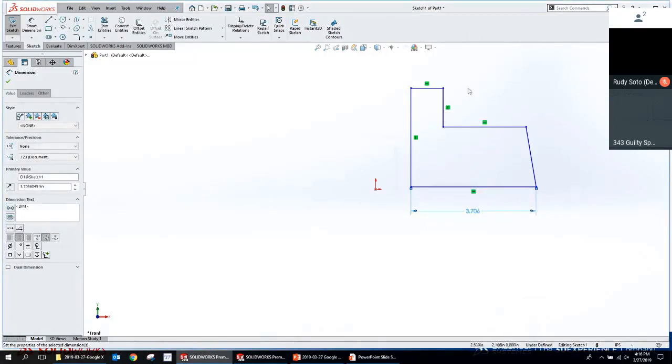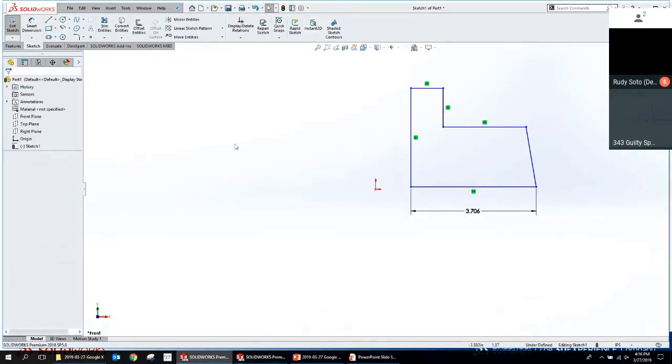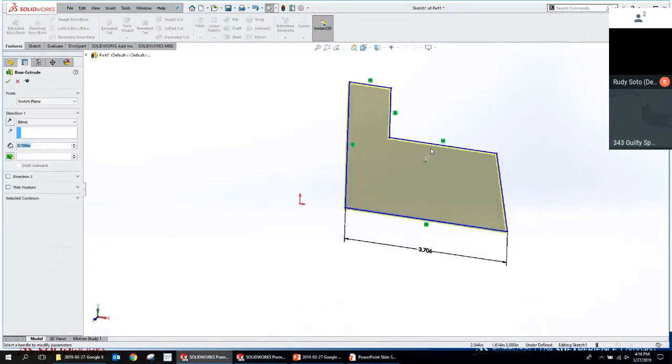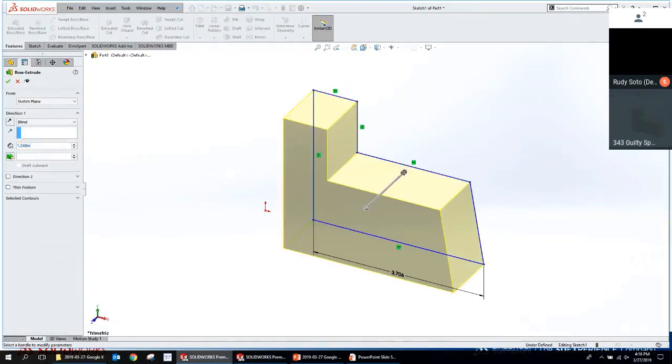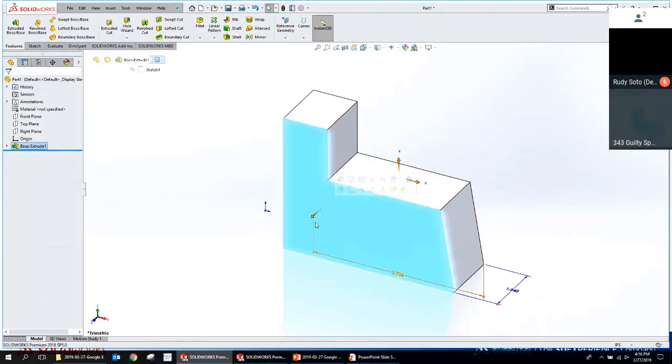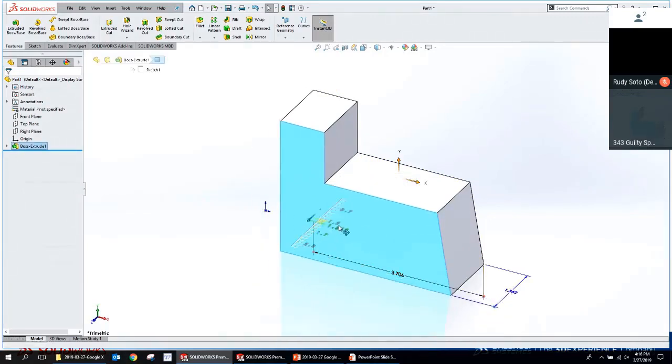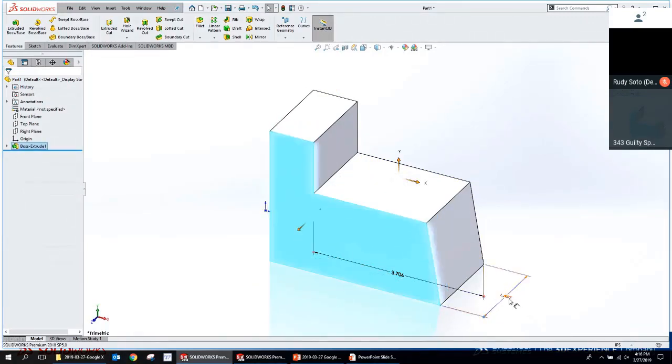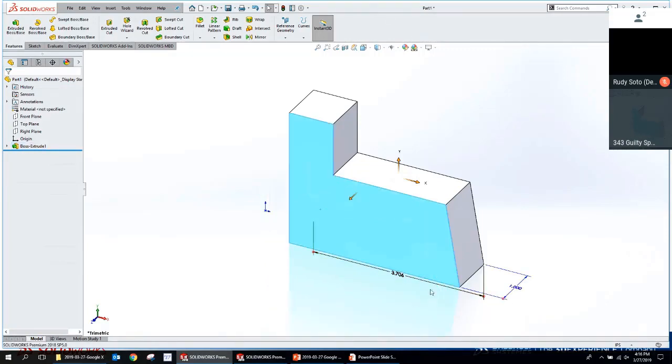Cool. So why did they add Instant 2D? Well, it's kind of a derivative of Instant 3D, which is a function that lets you click on a 3D model and grab a face and drag it around. But it also lets you single click on a dimension and change the dimension value. Single click on a dimension here and it just immediately updates. It doesn't require a rebuild for it to update.